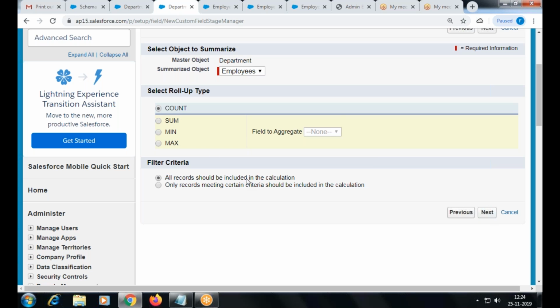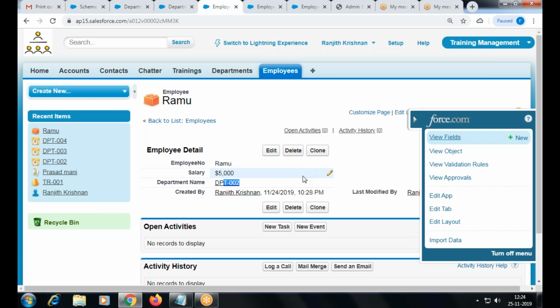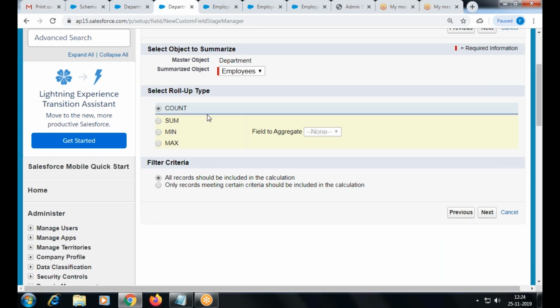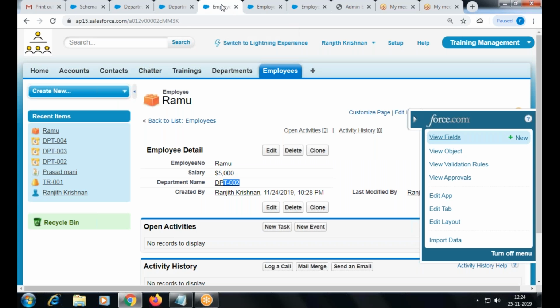I go with the condition here. We'll discuss. See, I need only the employees whose status is in service. I don't have a status field. Suppose I have any condition, conditionally count the record. I do not have any condition now. I need only employees who are in service. Suppose I have a status field in my employee object, with values like resigned, in service.